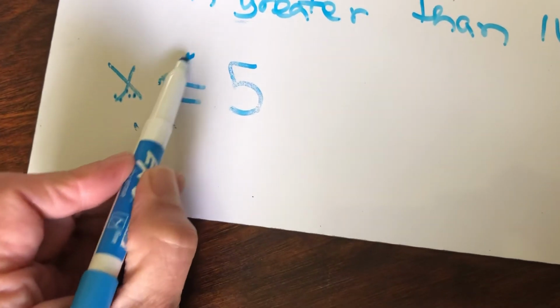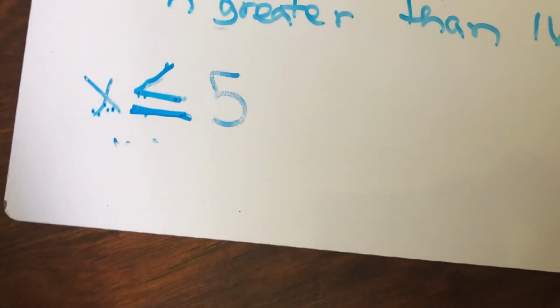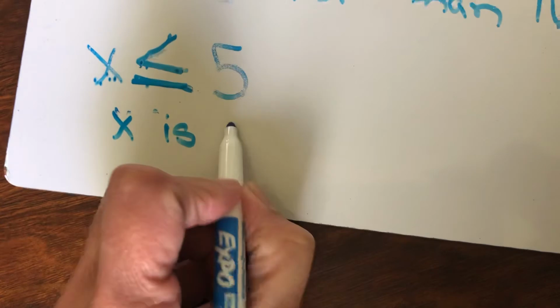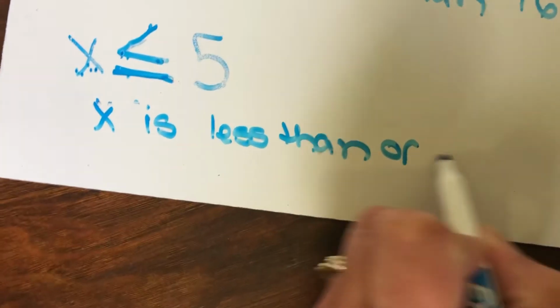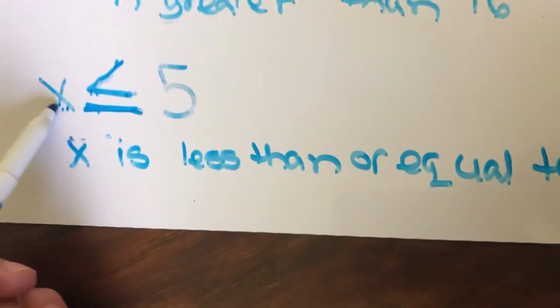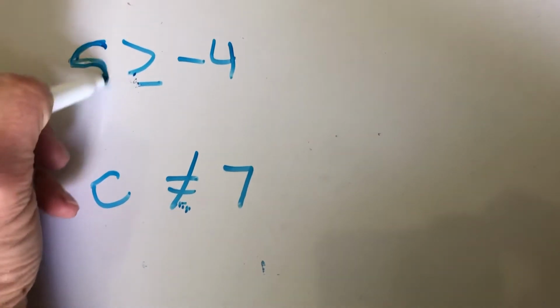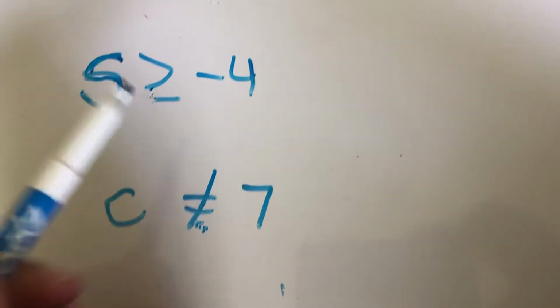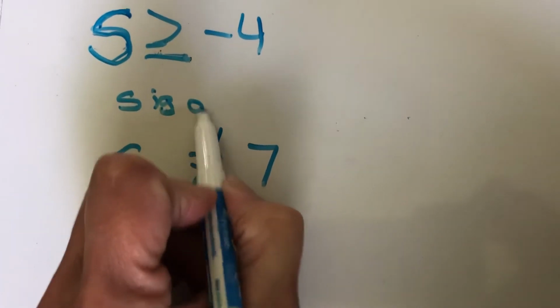X is, what do you see first? The small n, but it has this thing underneath it. Do you remember what that means? So X is less than, if you said less than, that's very good, or equal to. So remember, you have to have that, lots of writing, but you have to be able to decode the problem into a sentence. Then let's look at these few others. This is an S, actually. So S is what? S is greater than